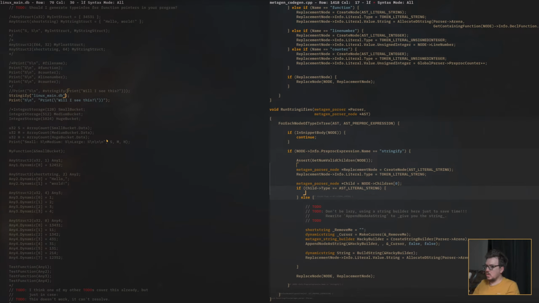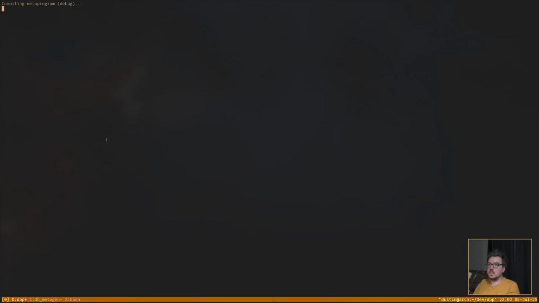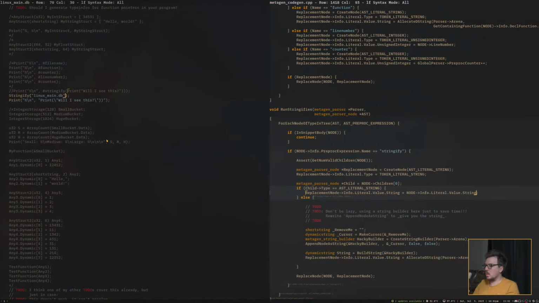Otherwise, we can just say this string. We don't even have to do this. We can just say is node info literal value dot string. Oops, what did I do? Child.